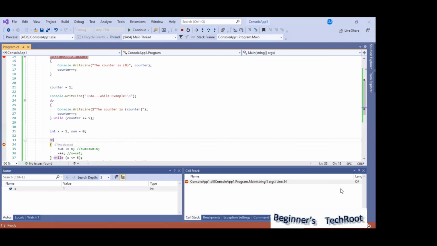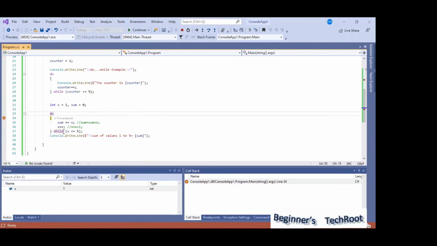Now similarly here, let's see how the values change in this loop. Sum is initially 0, and X is 1, as shown at the bottom. If I debug, sum becomes 1 because 0 plus 1 is 1.